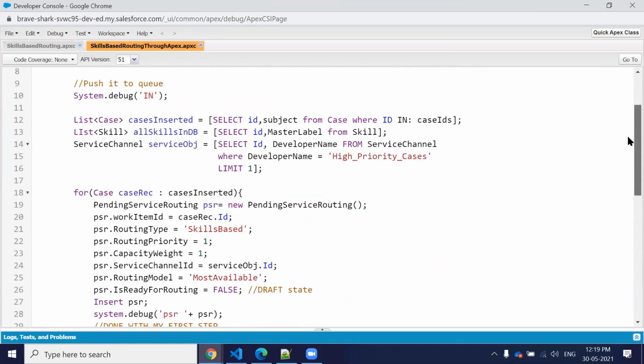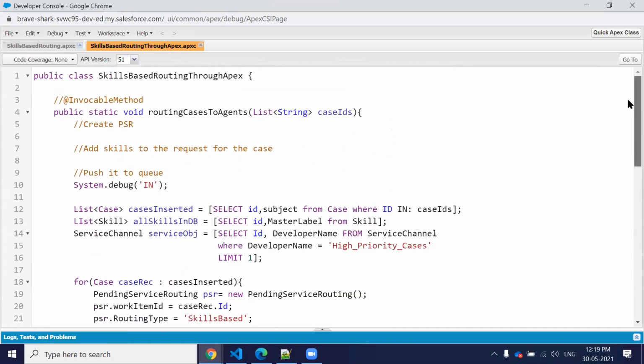So we have put in the system.debug, everything is in place. Let's just try with the process builder. Maybe something is happening with the trigger. Let's just try with the process builder.